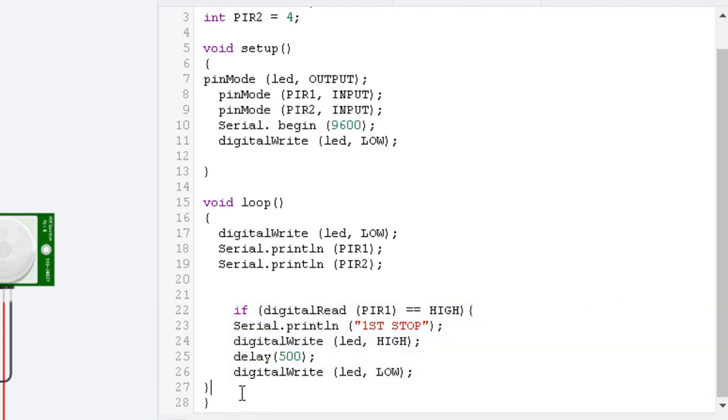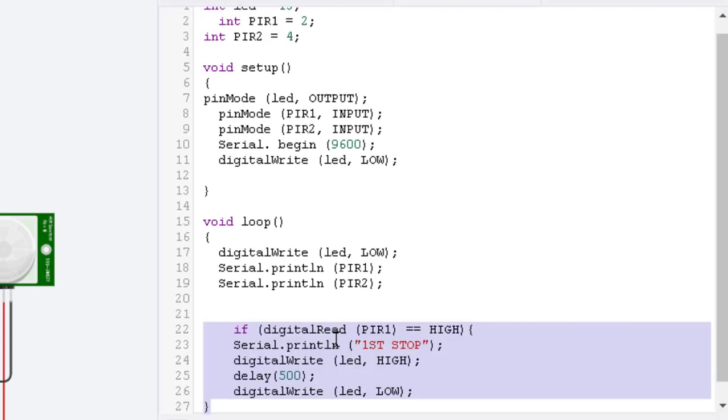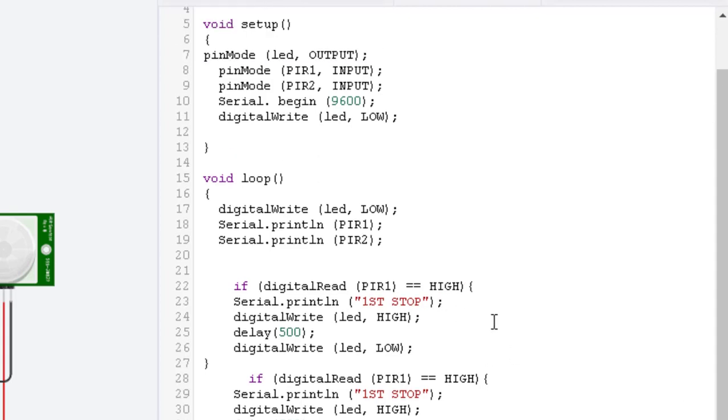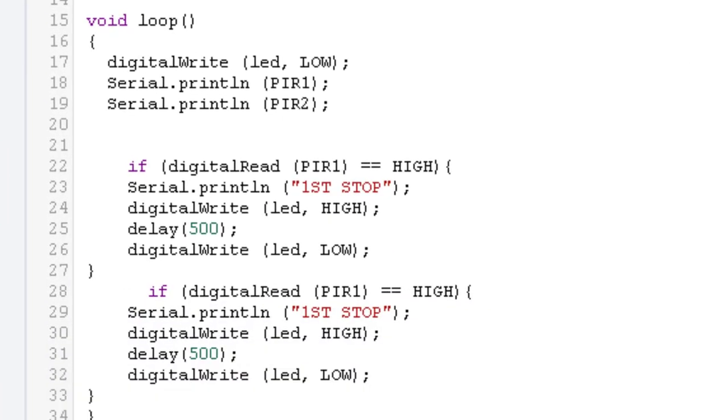Now that I have completed this part, I'm just going to copy and paste it to have the same if for each sensor. Of course, if you notice here, on the top and on the bottom appears first stop and PIR 1. And it's important that I remember that on the integer, I have PIR 2, PIR 1, and a LED, so there are three different elements that should appear on the setup and on the void loop. The serial begin works for both at the same time because it's just the moment where the serial begin starts. Now that I verify this,